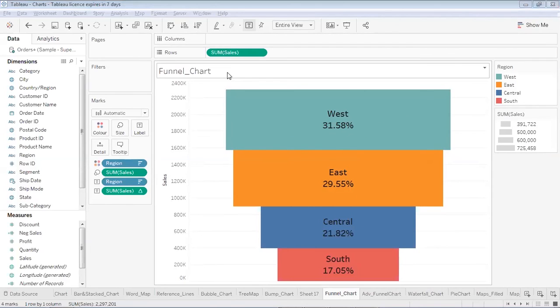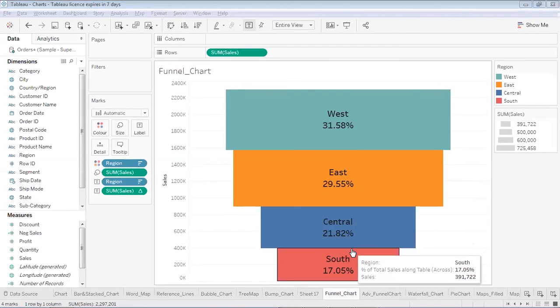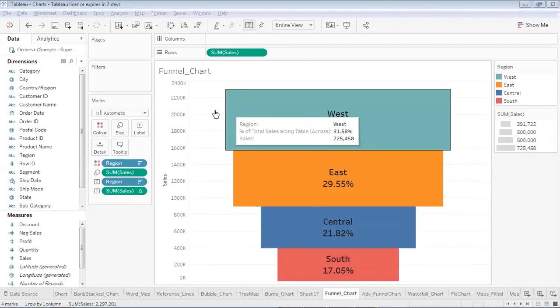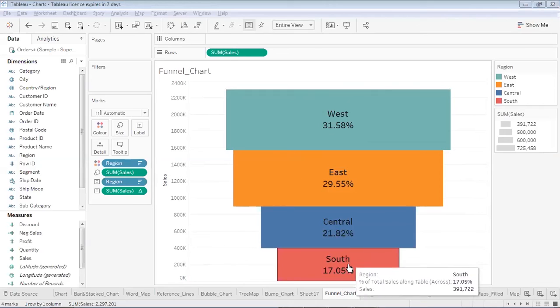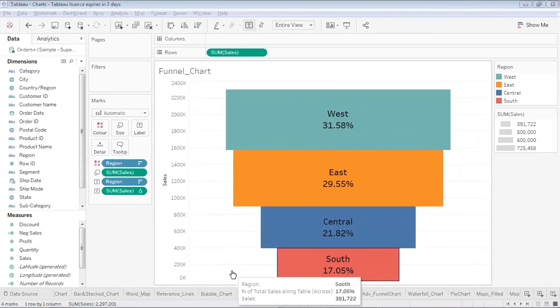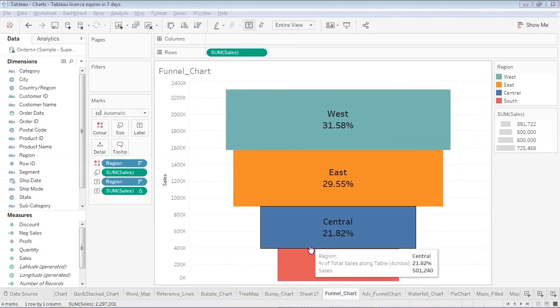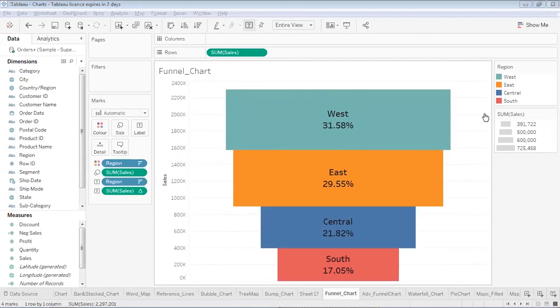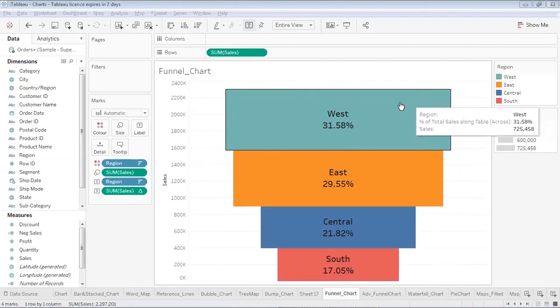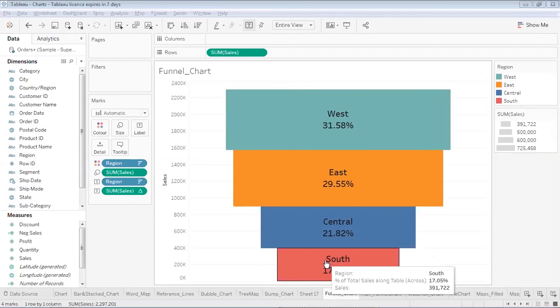Over here I am trying to show the sales over various regions across the years, and the region with the highest sales is on the top, and the region with lowest sales is on the bottom. Over here, notice three things. First of all, the size of the funnel block. The topmost block has got the highest size, and this is the region which is giving me highest sales. That's why it's on the top, and its size is also the biggest. And over here, the bottom one, South, this region is giving me minimum sales. That's why it's placed on the bottom, and also the size of the block is smallest.